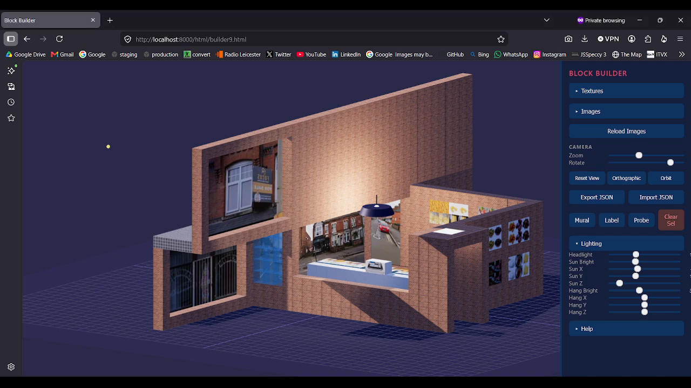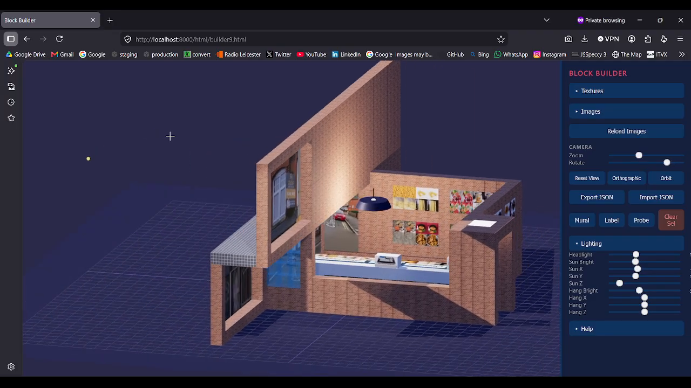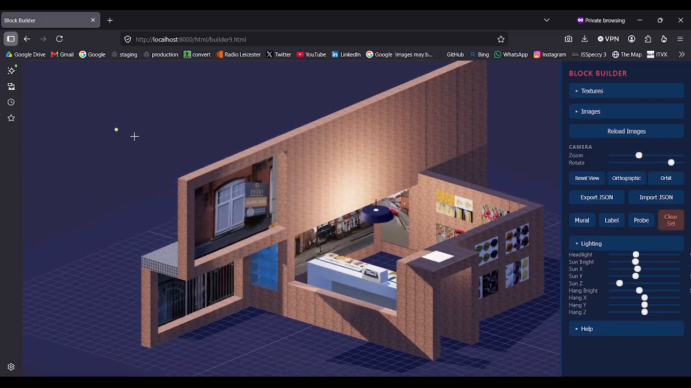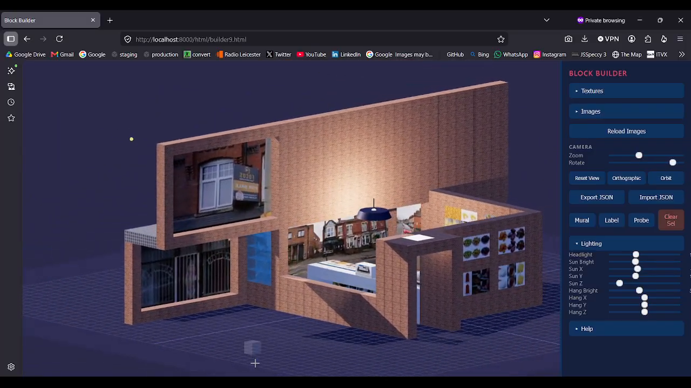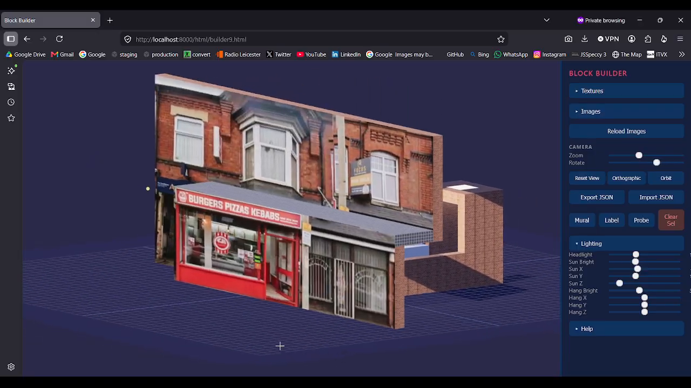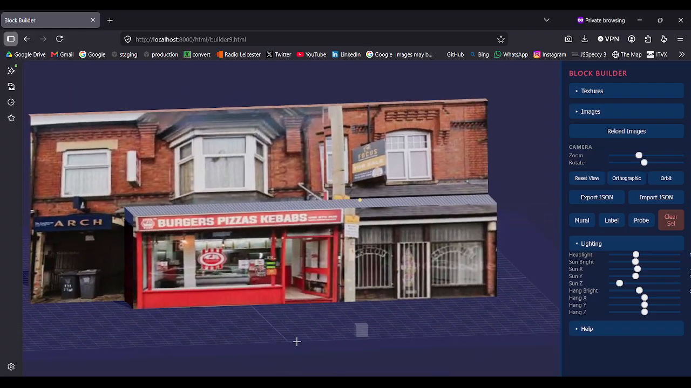Okay, I wanted to have a quick chat about this software that I've developed using OpenCode. I've developed this software that allows you to build, like you would in Minecraft, build a model, and then you can attach images to the blocks, and that allows you to build, for example, in this case, a shop,